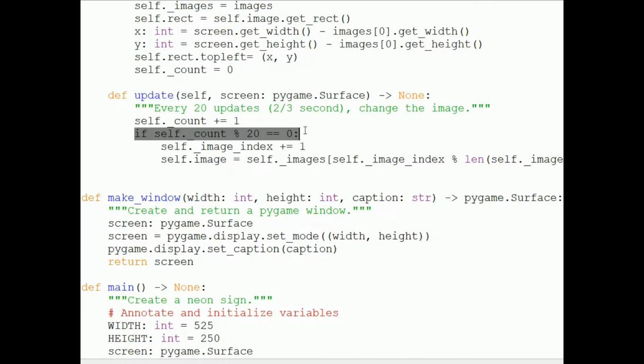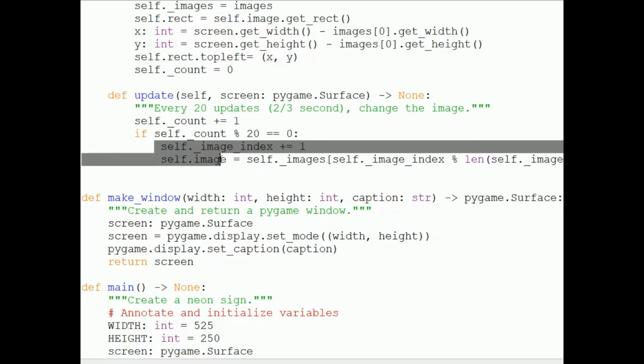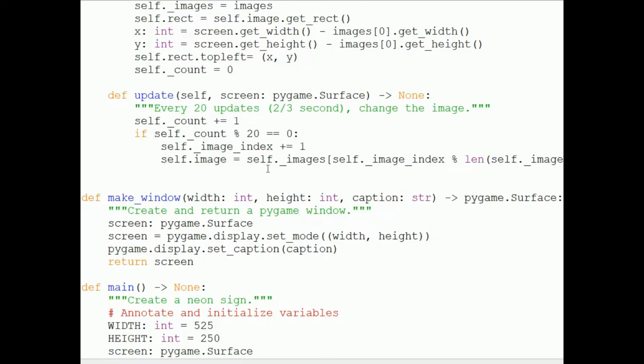I can check that using mod, or I could check for 20 and then reset count to 0 if count is 20. Here I'm using mod, so if count mod 20 is 0, then we've counted off another 20, and I increment the image index and change the image. Now once again, I'm using mod,